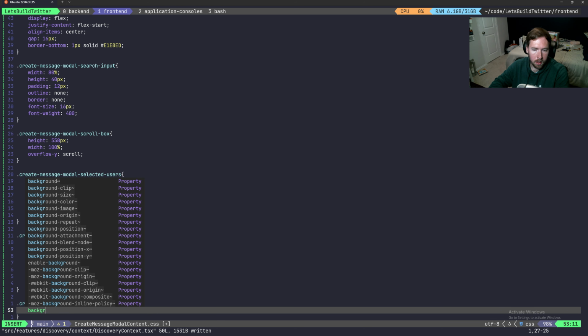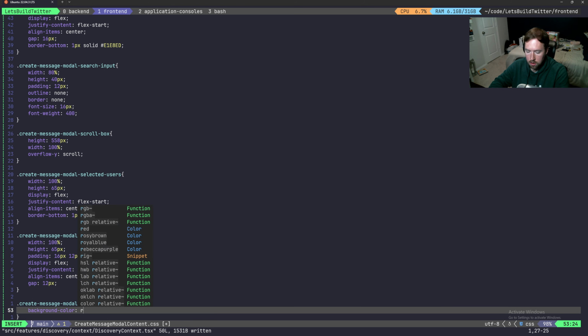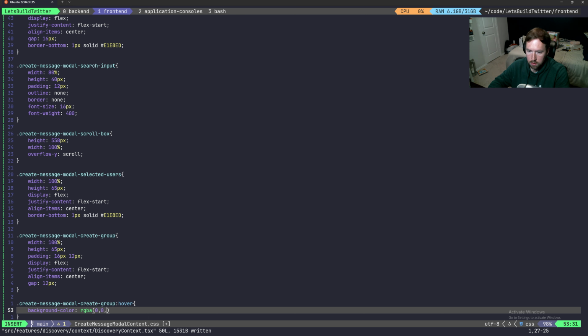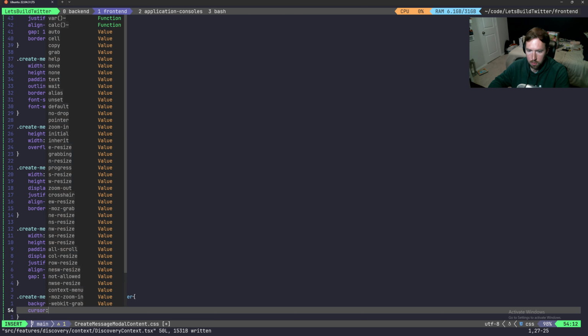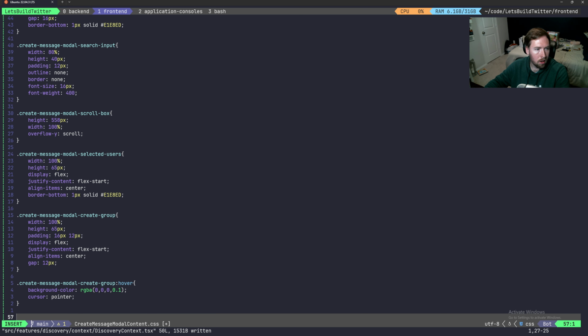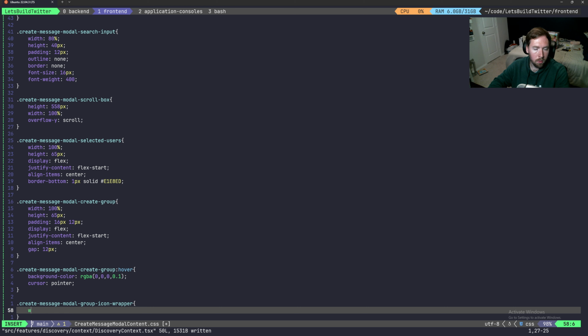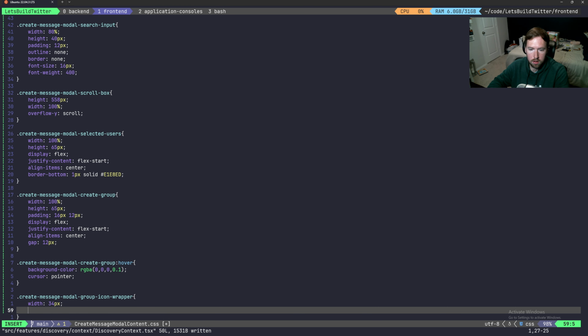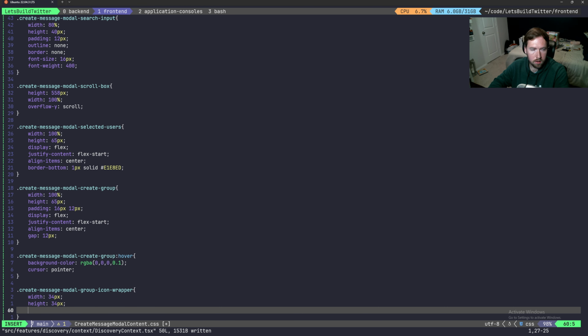Hover. Here our background-color will be RGBA 0.1, so like a light gray, and cursor will be pointer. Then we'll have our icon wrapper. We're getting closer to being done here, so bear with me. Create-message-modal-group-icon-wrapper. So here we'll have width of 34px, a height of 34px. We're gonna have a small border on this, which is interesting, of 1px solid #